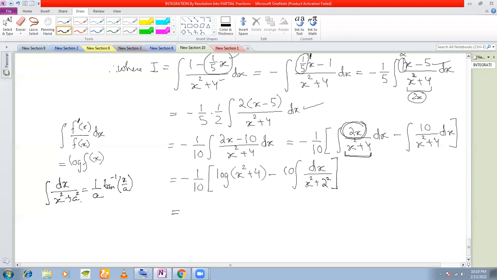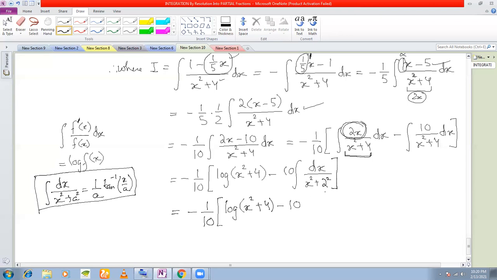Understood? Remember the standard integral, please. Although we have not discussed it, you might get it, because this is a very frequently used integral in differential equations. So this is minus 1 by 10 times log of x square plus 4